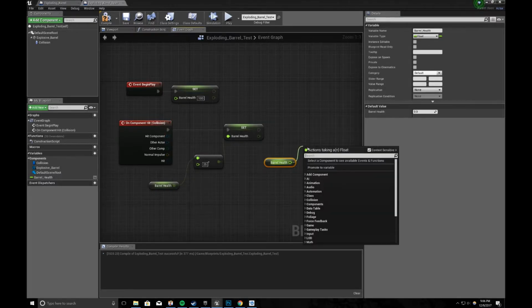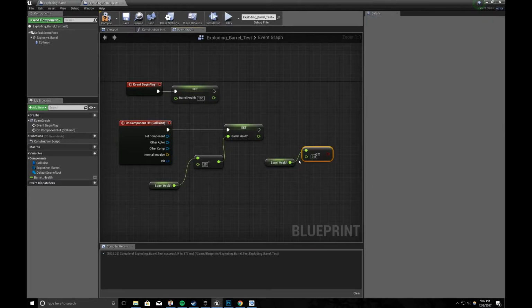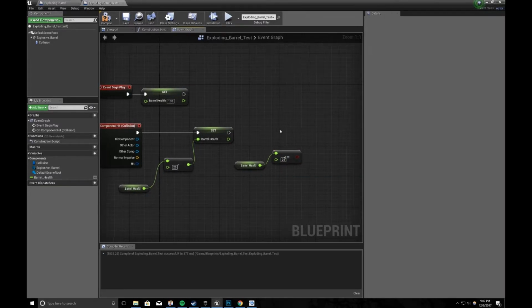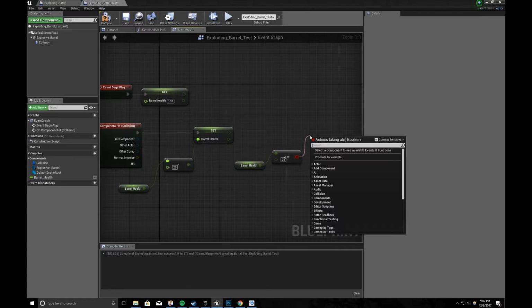I'm going to do float and then less than or equal to. Let's say 25, just to keep things in equal distributions: 100, 75, 50, 25, 0. We're going to use those values. So if the barrel health is less than or equal to 25, drag off a pin from the red boolean